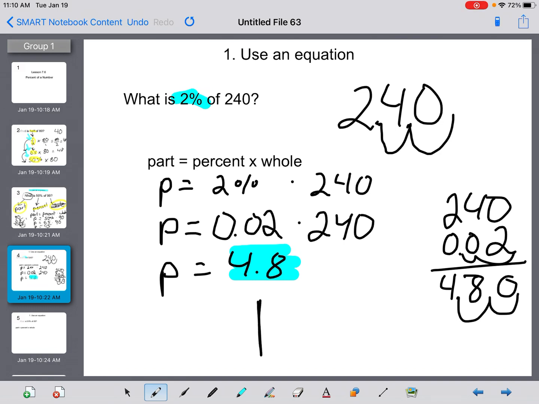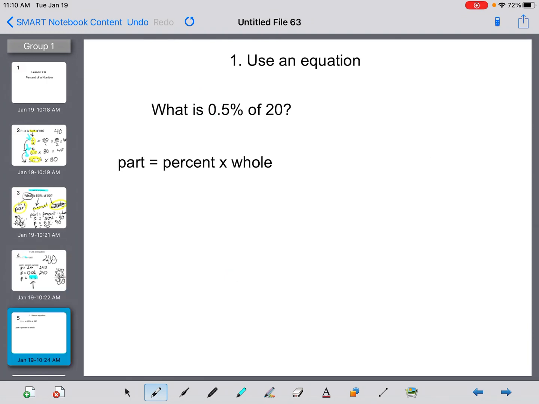So if I think, okay, my answer over here for 2% was 4.8, does that make sense? It does, because I know that 2.4 times 2 is 4.8. That's just a bit of a side. If you can always know what 10% is and what 1% is, it'll make it easier for you. Okay, let's try one more. So now we have what is